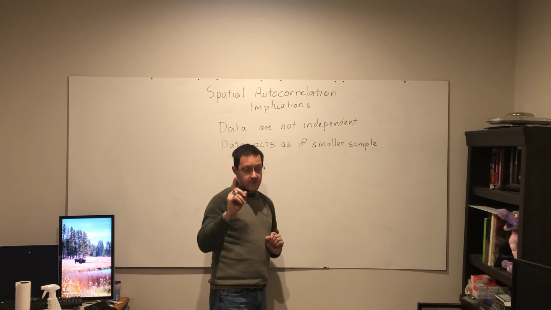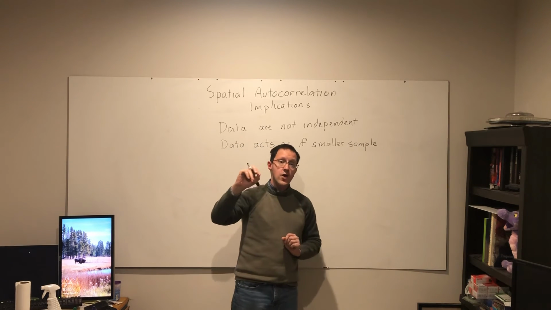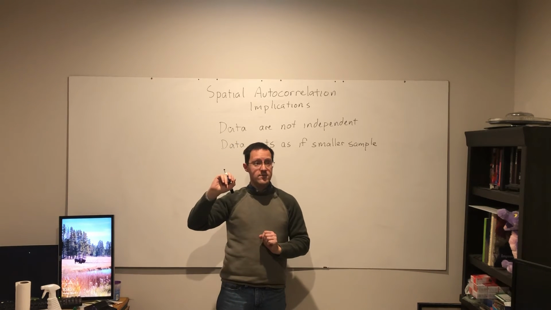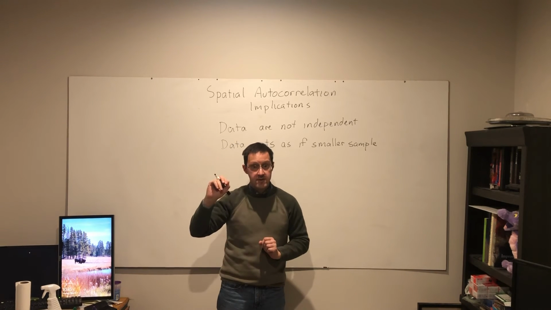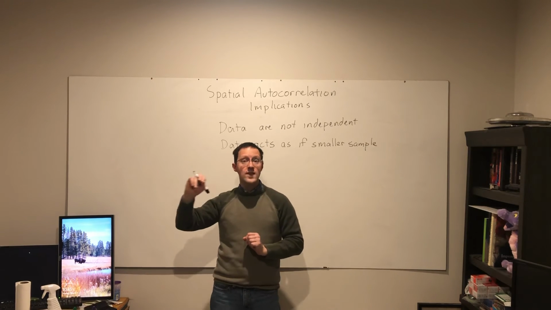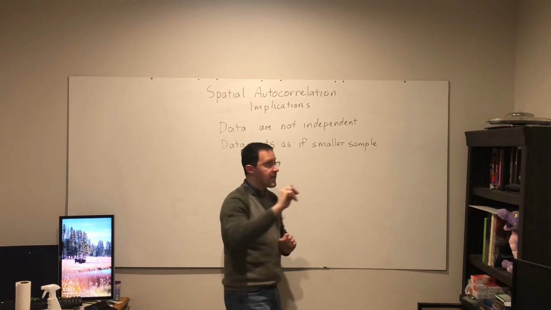To be really precise, it might be where a t-value of 1.8 at 55 counties gets counted as significant. A t-value of 1.8 for 20 counties may not be significant. So we can end up